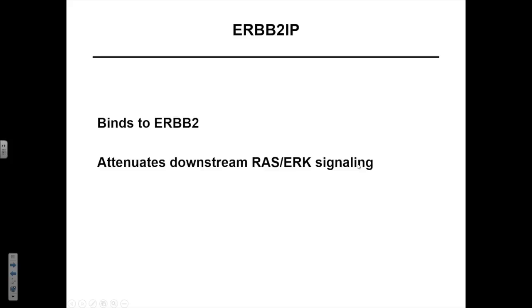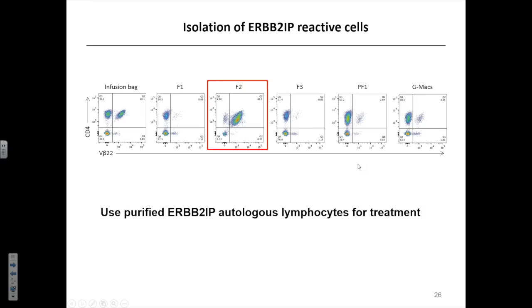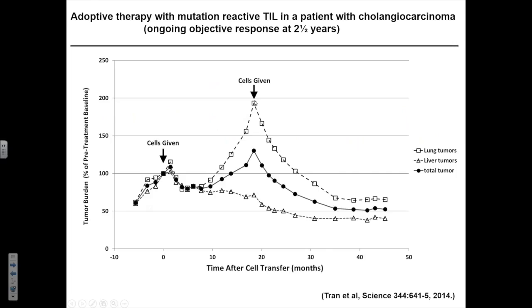It binds to ERBB2, it attenuates downstream RAS and ERK signaling. We developed a technique now to purify the cells that were recognizing this ERBB2 mutation. And this culture now contained 88.5% of cells that all recognized the ERBB2 mutation. We gave this purified population to this patient, and she's now had an ongoing regression of her lung and liver metastases, ongoing at